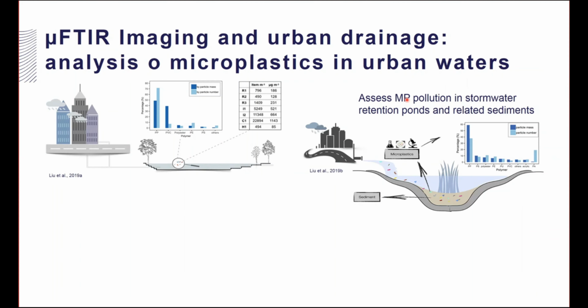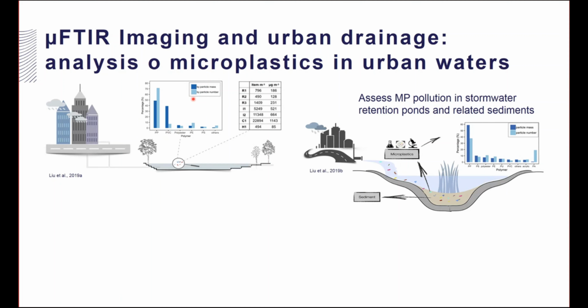And this leads me to conclude the presentation, because this seminar is somehow related also to urban drainage. I think that microplastic is an emerging pollutant that is also related to urban waters, because most of the microplastic ending up in the ocean is land-based, around 80%. So it's important to monitor the magnitude of microplastic pollution in urban waters, because they are sources of microplastic to the environment. And it's possible to do it by using FPA µFTIR imaging, like for example, my colleague Fan did